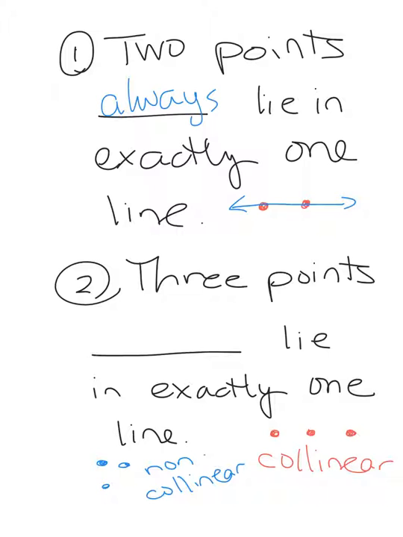If I were to draw a line between them, I would connect them all, and if I would do the same thing again, the line would match that line exactly. Non-collinear, however, I can't get them in one line. So although this statement is true for collinear, it's not true for non-collinear. So this is one of those times where I'm going to say sometimes, where it happens sometimes, but it doesn't happen every time.